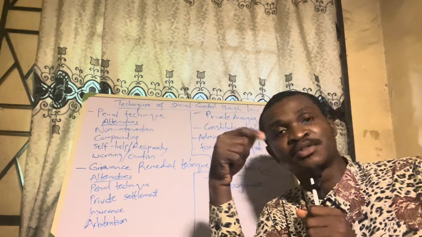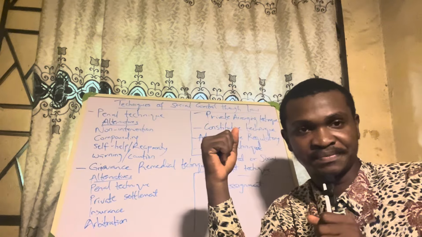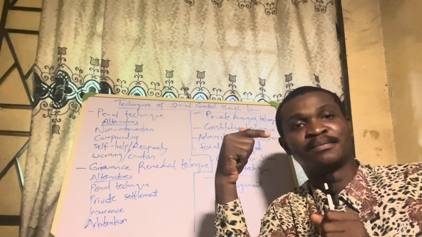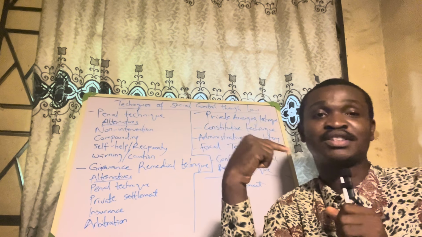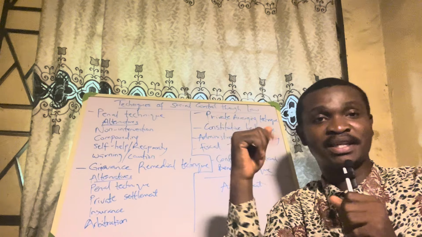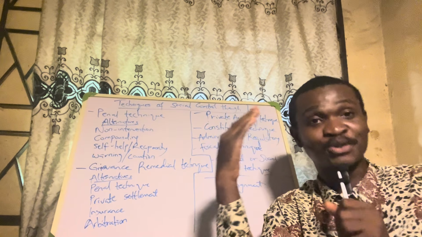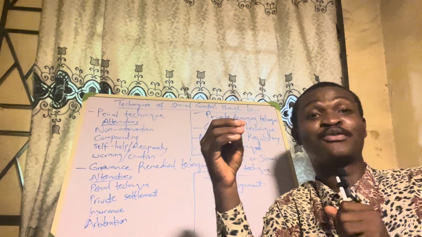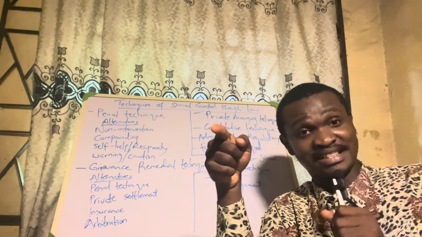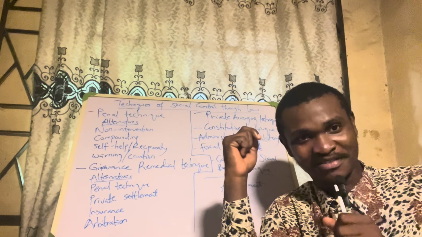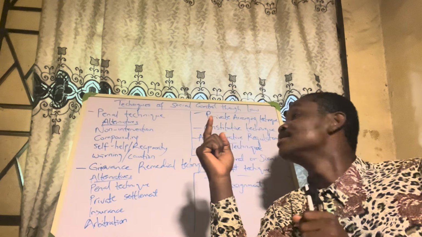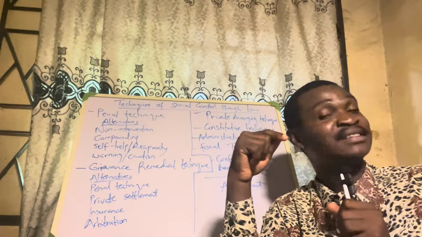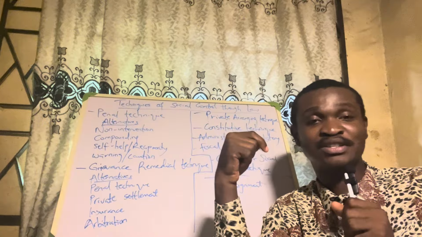Now, self-help and reciprocity. We all know about jungle justice. Yes, even though that is not a good style of justice, it is an alternative to penal technique because it controls the behavior of people in these cities. Of course, you know that if you steal, they will burn you alive. So it succeeds most times in controlling that behavior, in contrast to when probably there is nothing like that in those cities.